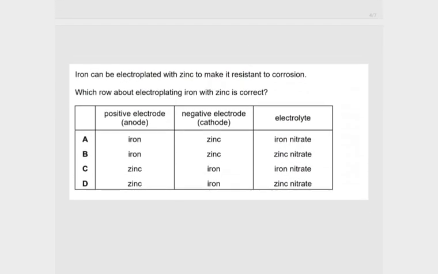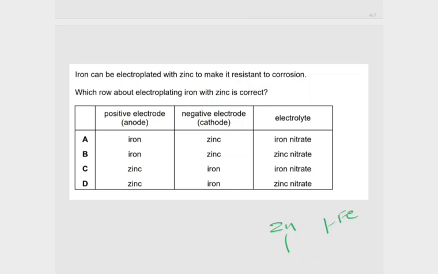Iron can be electroplated with zinc to make it resistant to corrosion. Which row about electroplating iron with zinc is correct? So during electroplating, the metal that has to be electroplated should be at the cathode, the object or the metal that is to be electroplated. The metal you are using to electroplate the other object is taken as the anode. So in this case, anode should be zinc and cathode should be